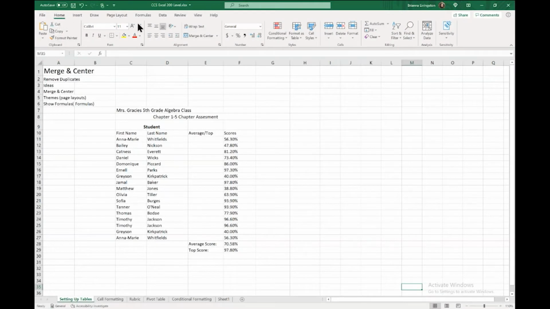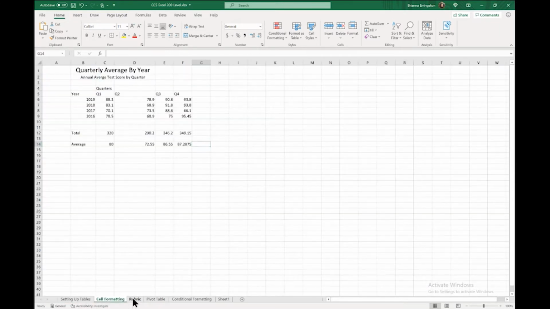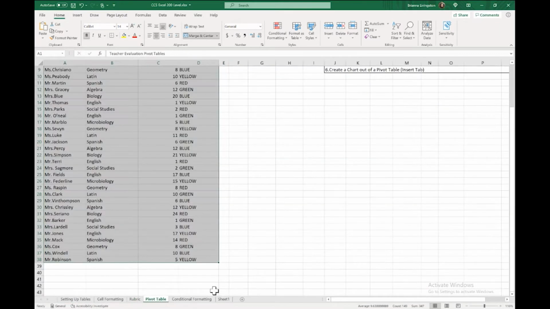Okay, now moving on to the stuff that's actually inside of the workbook. And let me explain the components of an Excel document. So an Excel document is also referred to as an Excel workbook. A workbook is made up of sheets. So this is a sheet, this is a sheet, this is a sheet, and so on and so forth.